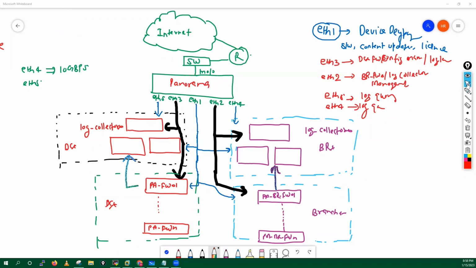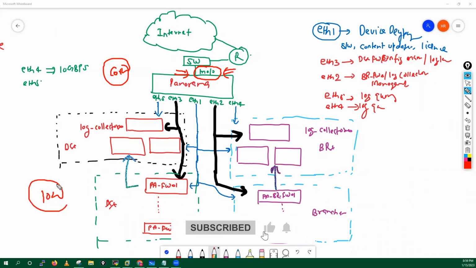Whenever we are trying to deploy any dynamic update, it is failing. See, let me tell you one thing. One of my customers was using this interface for everything. They had enabled Cortex Data Lake, logs and so many things. Now they faced lots of problems and challenges on this particular interface, because they enabled Cortex Data Lake on the firewall management interface. From that interface, they are getting data in GBs every day. So that's why we have to achieve proper network segmentation.